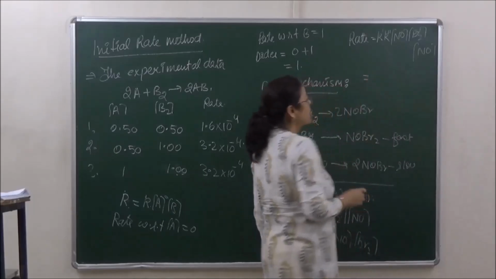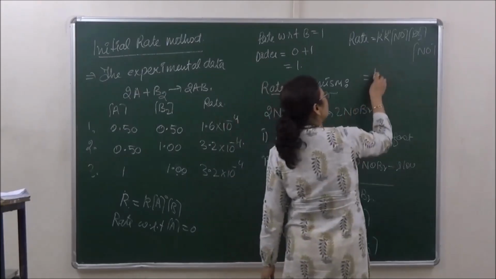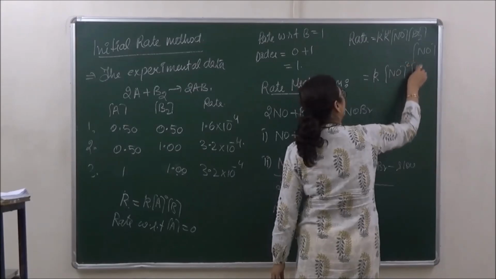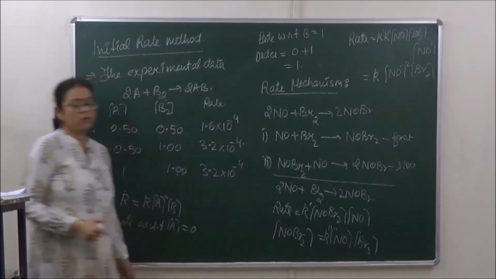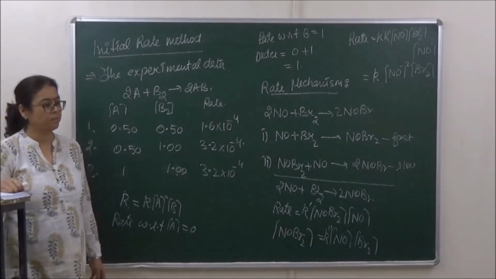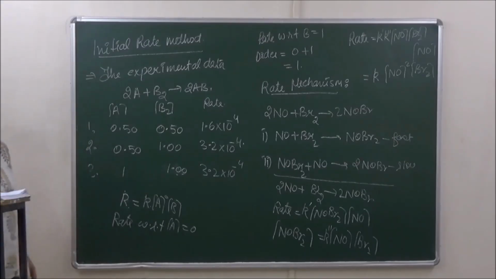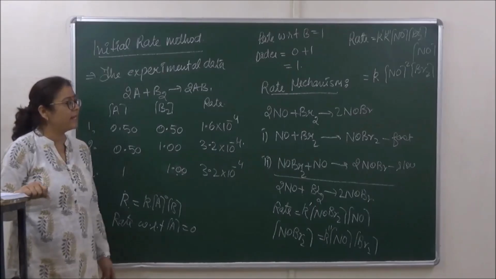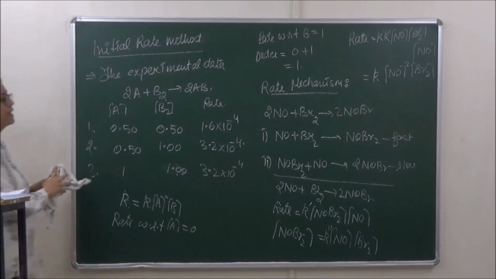Okay? Now K dash K double dash is equal to the total rate constant. So the rate will become equal to K into concentration of NO squared, concentration of Br2. So the order of this reaction is going to be equal to 3: 2 with respect to NO and 1 with respect to Br2. Right? So we are talking of order of reactions over here. Let's study in detail each type of order of reaction. So first we will go on to zero order reaction.